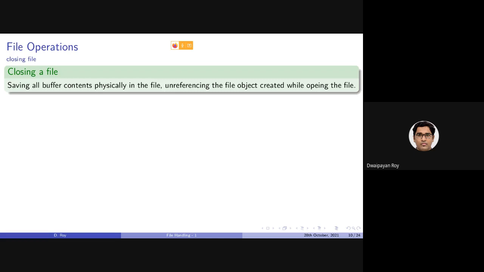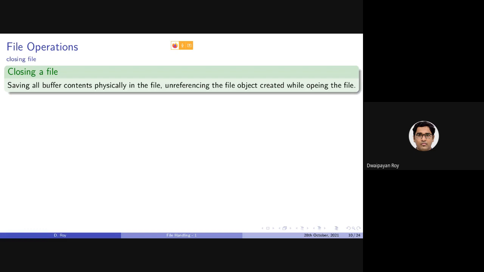Why? Because whenever we are writing something, by default it is written in some buffer memory, which is a part of the random access memory. Whenever we apply the close operation, only then will the buffer be written to the file and stored there.